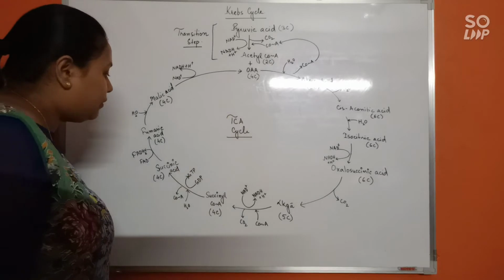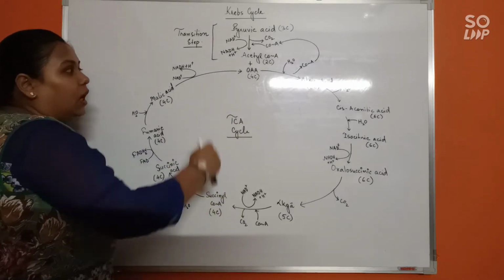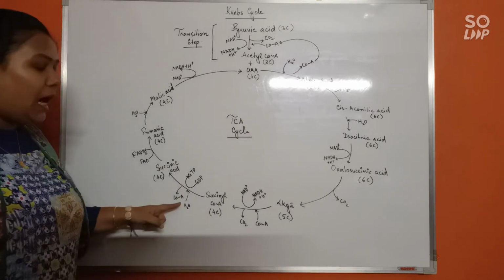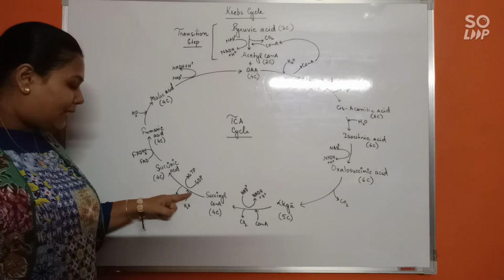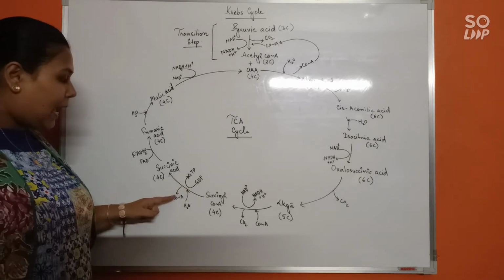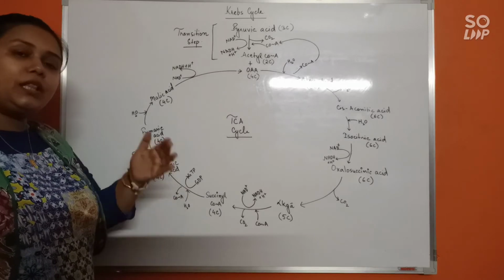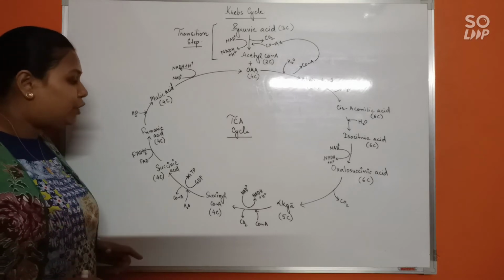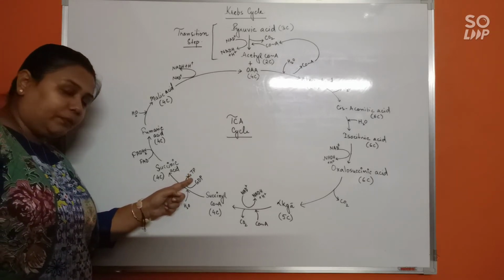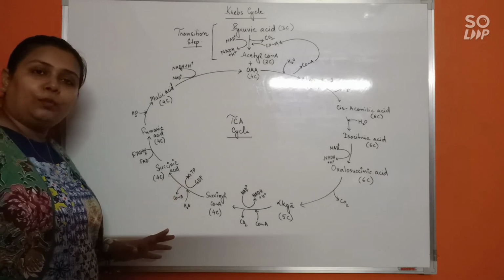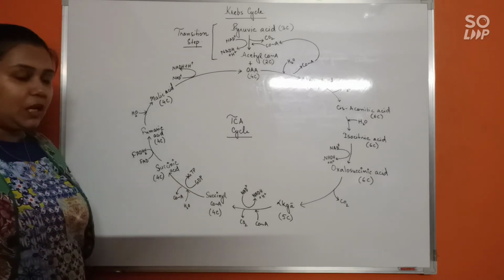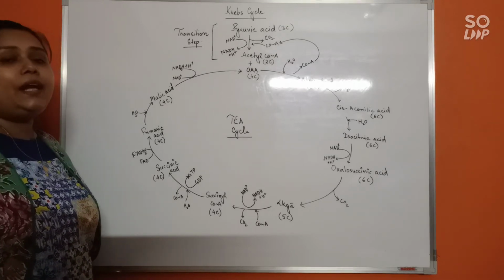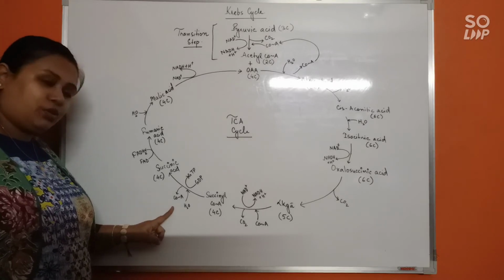Fine. So now let's see what will happen. How will we be recycling the oxaloacetic acid back? So succinyl coenzyme A finally undergoes a hydration step. Here water is being added and coenzyme A is being released. And due to the coenzyme A being released, when this particular bond breaks, a very high amount of energy will be lost and that energy will be used to form a GTP. So in this step, a GTP will be formed which will be coupled to form an ATP. So this is where substrate level phosphorylation is occurring, where ATP will be formed. So one ATP will be produced in this step.